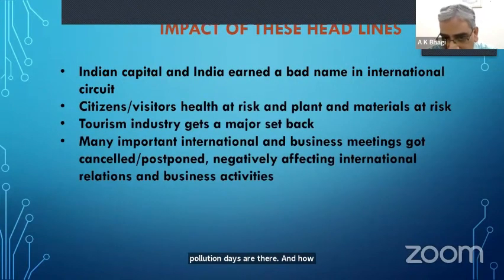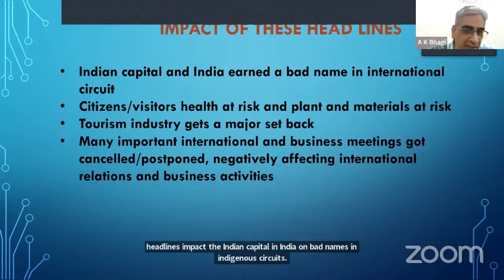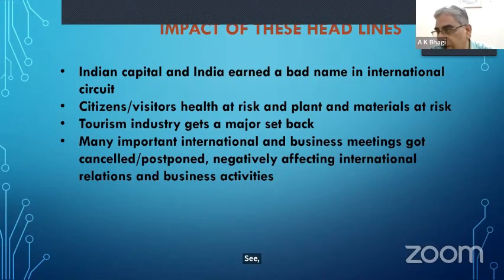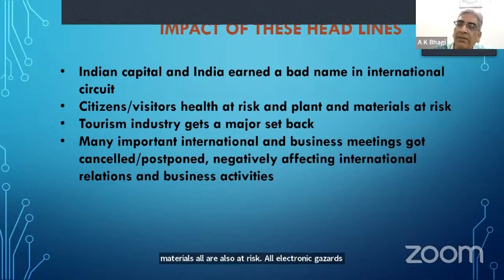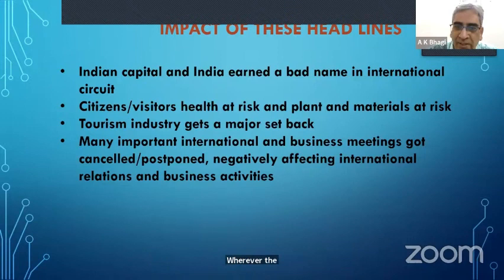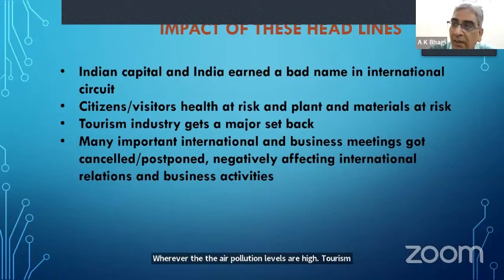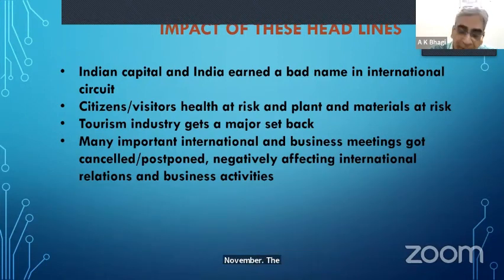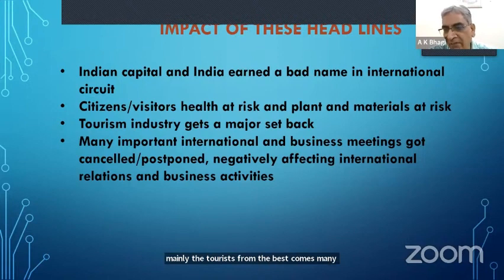And how do these headlines impact the Indian capital and India, giving bad names in international circuits? Citizens have health issues, that is there. The materials are also at risk. All electronic gadgets get destroyed even in 4 or 5 years wherever the air pollution levels are high. The tourism industry gets a major setback. People feel there's no need to go to India or to go for tourism in Rajasthan or to see Agra and other places. And especially remember this is happening in November, December, the months when mainly the tourists from the West come. Many international meetings get cancelled or postponed, negatively affecting our image and relationships in business activities and in international